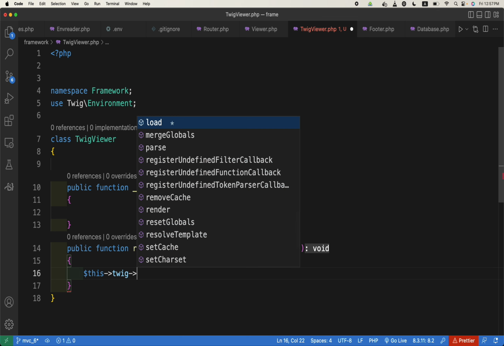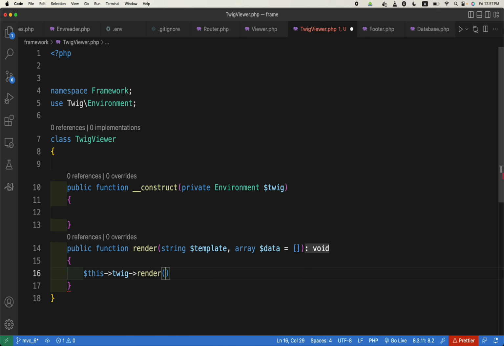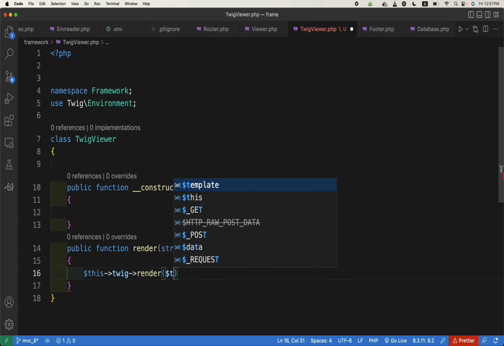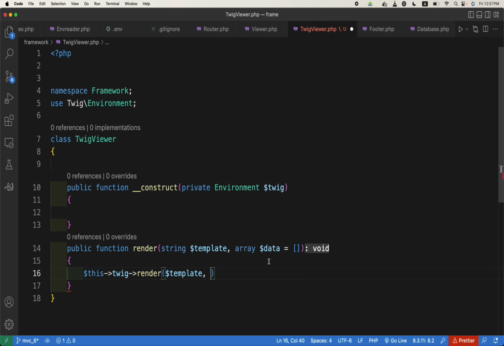Yes. This twig and render. That's what a wrapper function can be. Twig has a render function, and we are creating a function above it, render. It basically will be passing this template and this data, right? Okay,